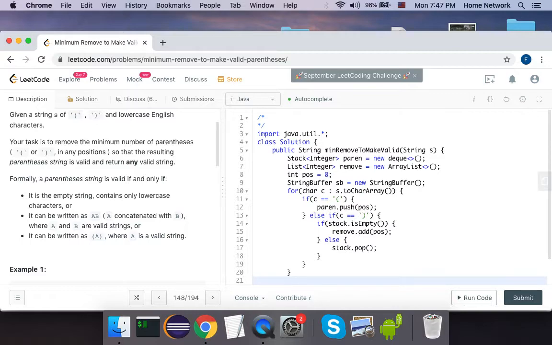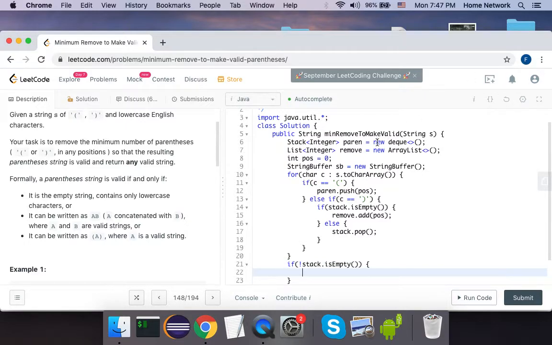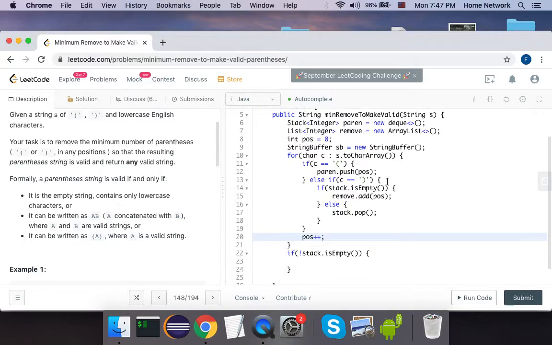we need to check if the stack is empty. If that is not empty, that means we have some left parentheses to remove. Remember, at each of the steps, no matter what we do, the position needs to be increased. We just finished the process of one of the characters. At the end, the stack is not empty. Then what we need to do